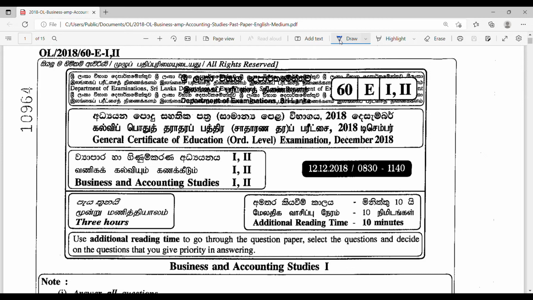Hi everyone, we are continuing our past paper discussion for the subject Business and Accounting Studies. Today we will be going through the December 2018 past paper and we will focus on question number 31 to